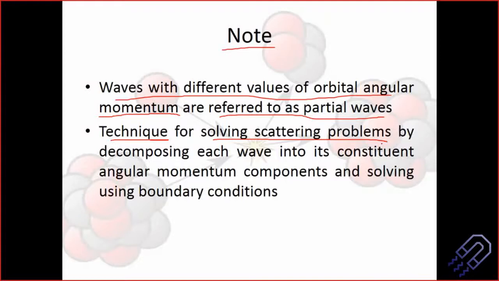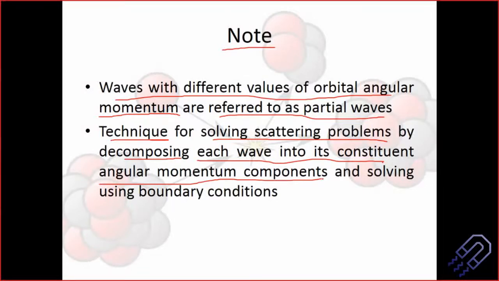So when we do that, we have different techniques for solving a problem based on the initial conditions. This is also a technique for solving this scattering problem. Here we decompose, we separate out each wave into its constituent angular momentum component. If we have a large number of waves, each of them will be identified by an angular momentum. We are not talking about nucleon scattering right now, in general. So it will be identified by the angular momentum, and if we can solve for each of them by using the boundary condition, then we get the output, or we understand the system.